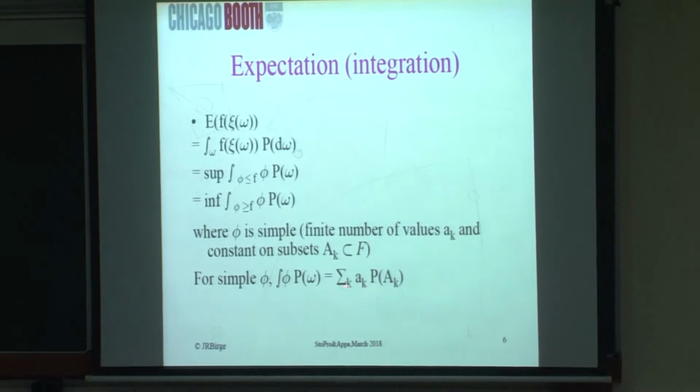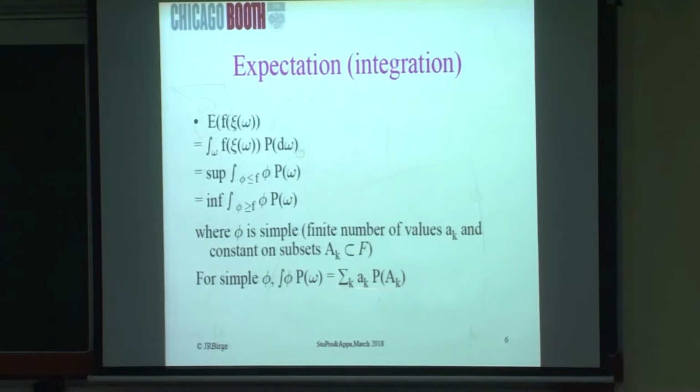So for any of these, I have a simple way to represent each of these integrals. Each of these integrals is a sum. So we have each of these integrals being represented as a sum, and then this is the value that's approached by everything that's below it, and this is the value that's approached by everything that's above the function f. And so that gives us a formal way to describe what the integral is, or what the expectation is.